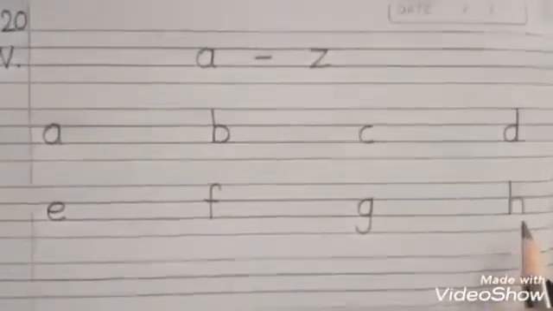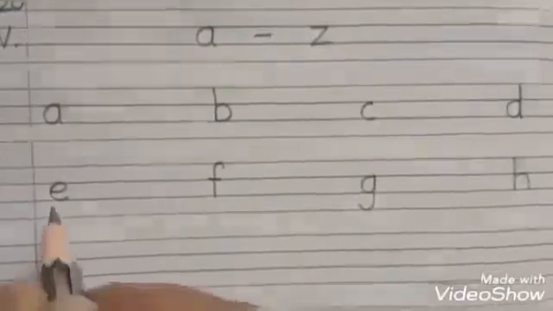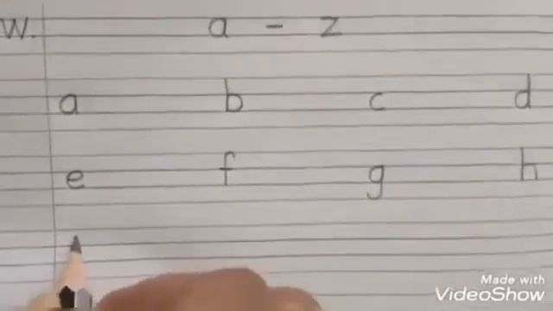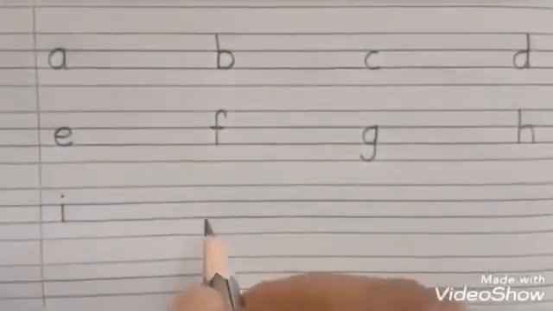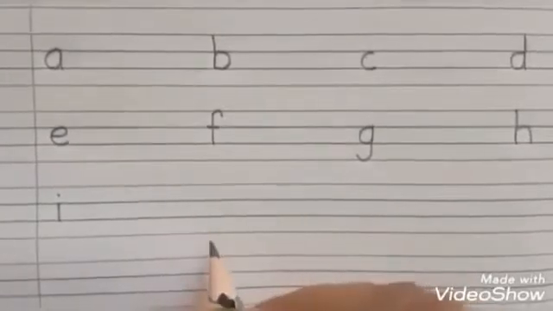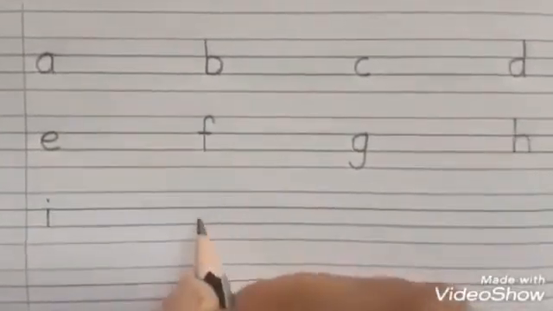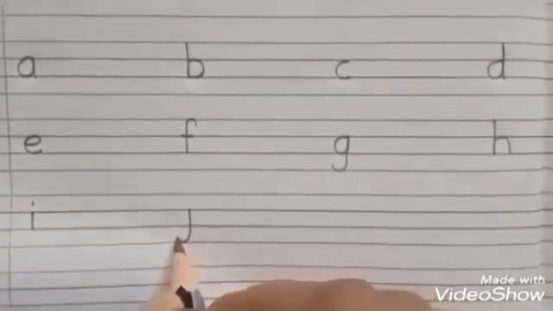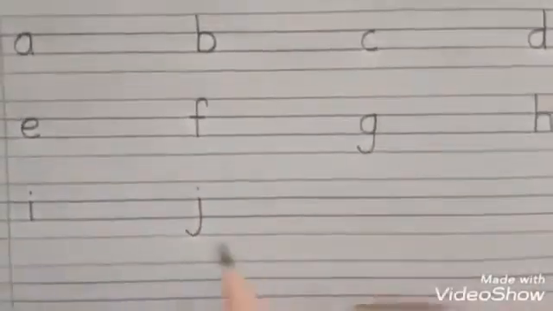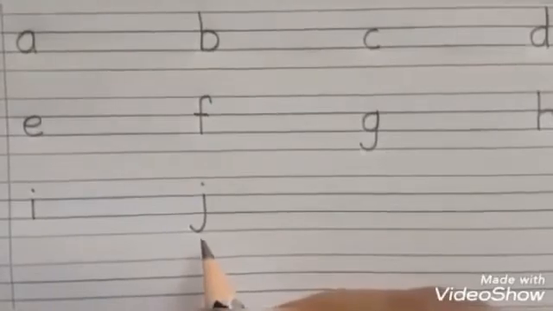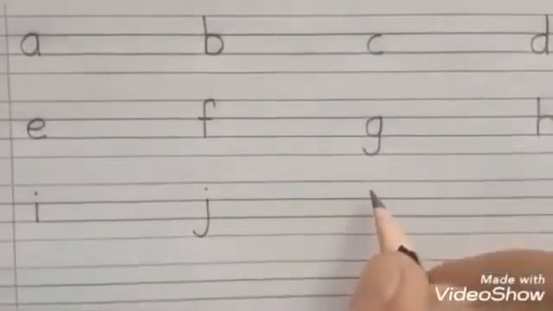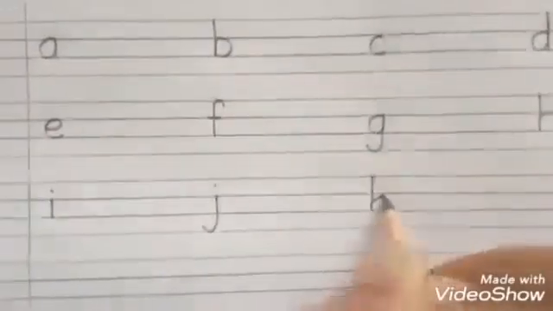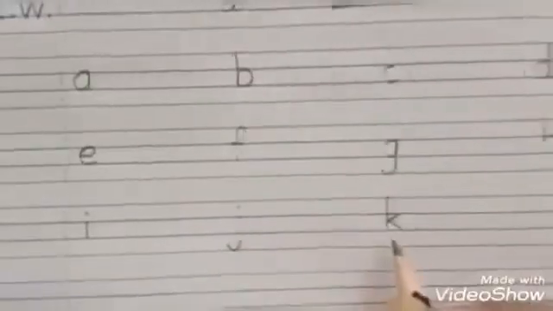Now the next letter is I. Below E you will write letter I, a small standing line and a dot. I. Now J. Again J you have to touch the bottom red line, so you will start from the first blue line. Come down and go up a bit and a small dot. So it's small j. Now for small k, standing line and from the center one kick up, one kick down. It's small k.